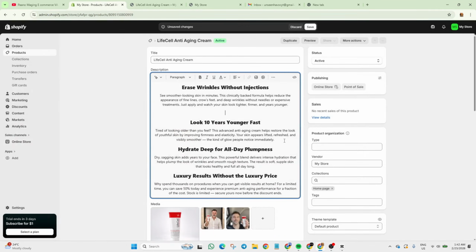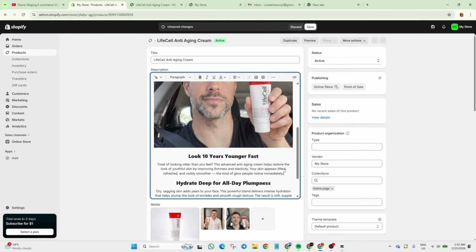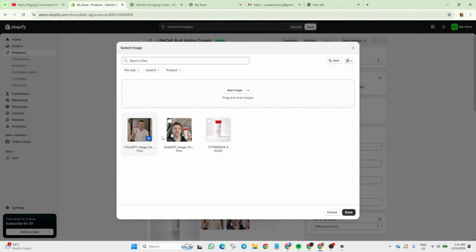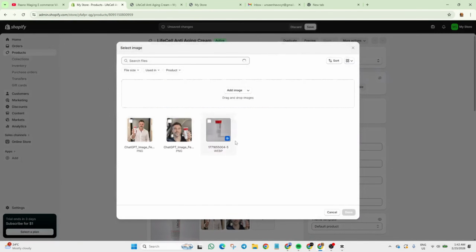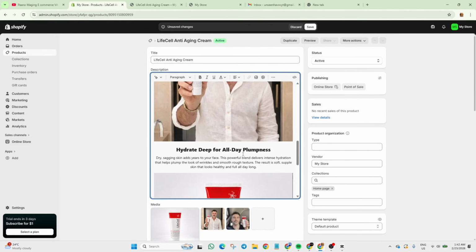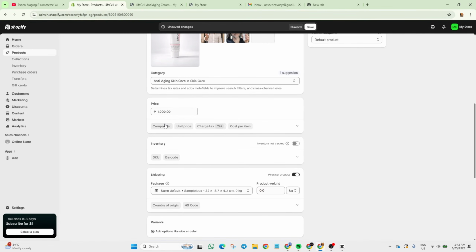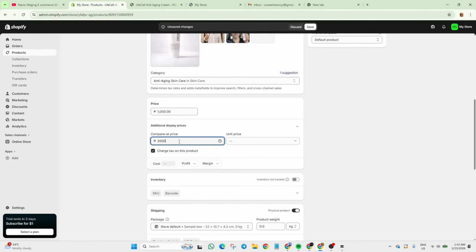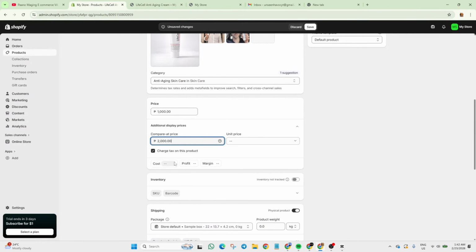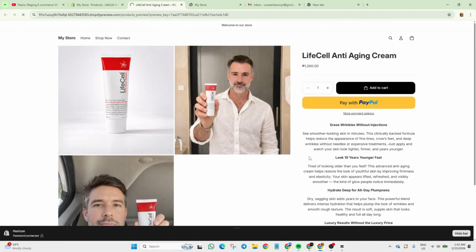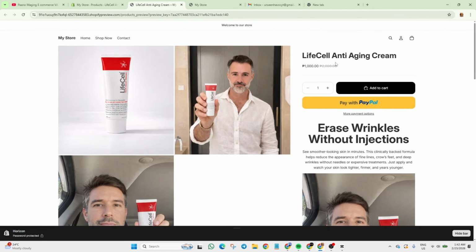And also we can do a compare price, by the way. So for example, it should be 2,000. So we are 50% off. So right now there's only one, right? So after adding, let's say, let's refresh. See, it looks better now.